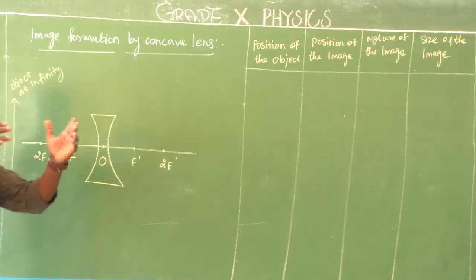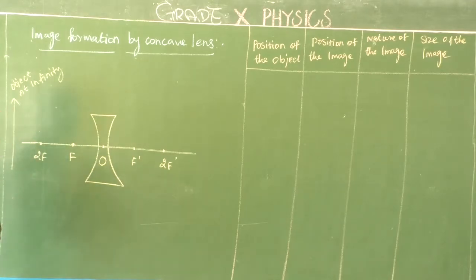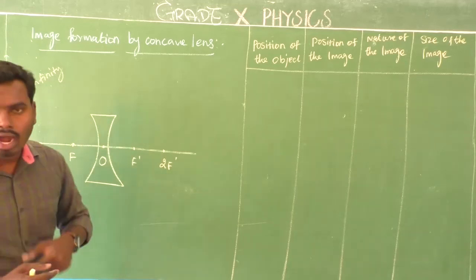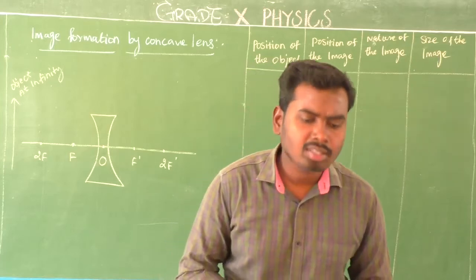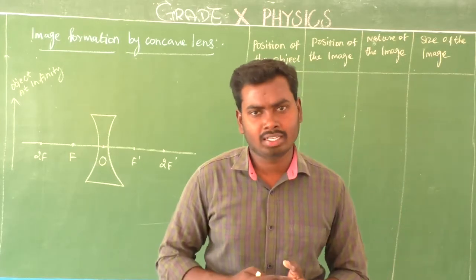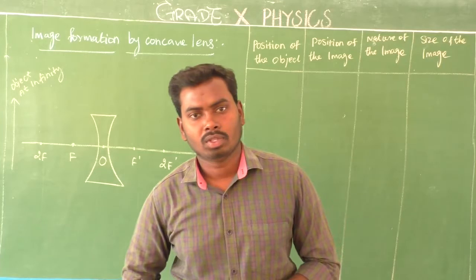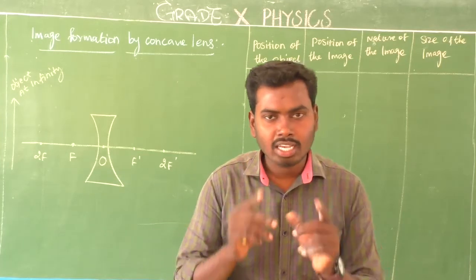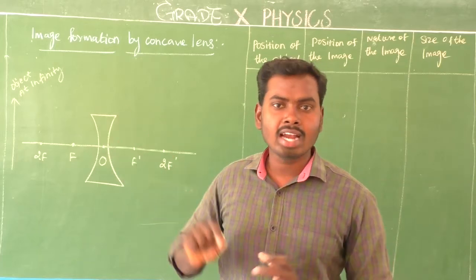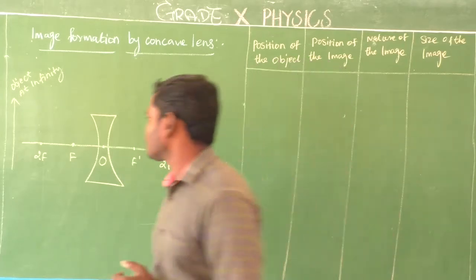Yes. So light rays are coming from an object placed at infinity. Light rays are coming from each and every point of the object: from the top of the object, the middle part, even the bottom. But I am going to consider just 2 rays, because just 2 rays are needed for image formation. That's the reason why I am going to consider just 2 rays coming from an object placed at infinity. Is that clear? Yes.